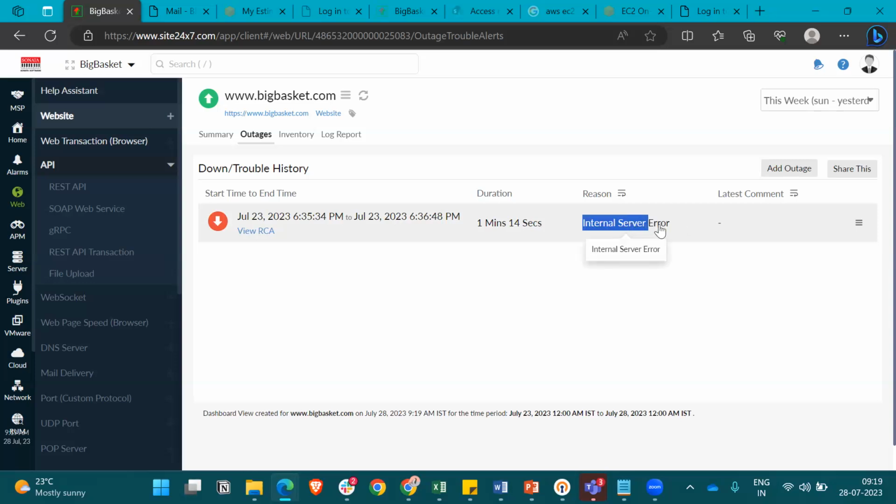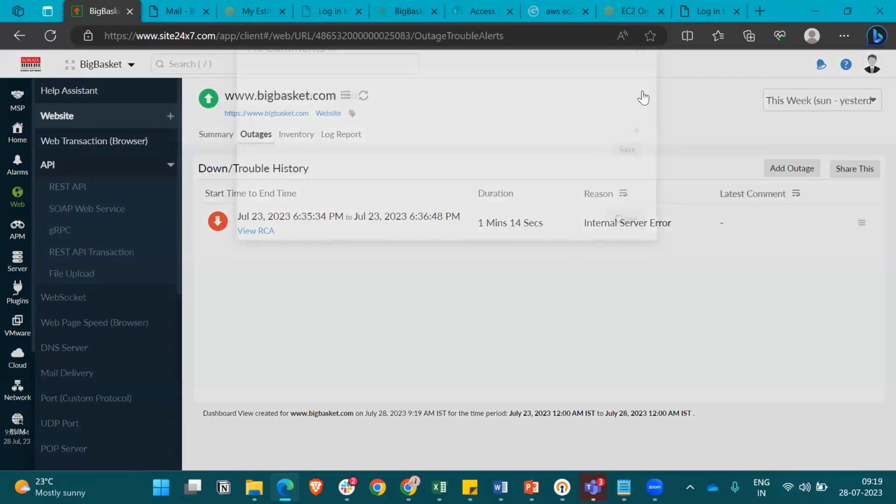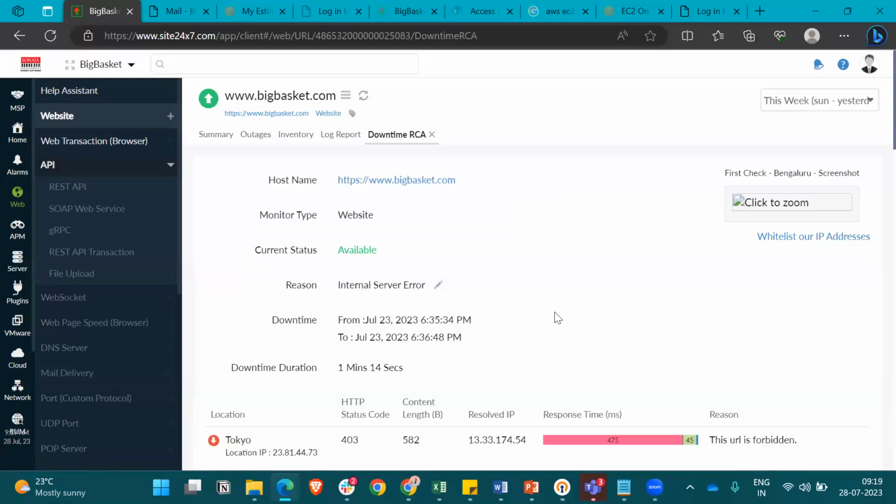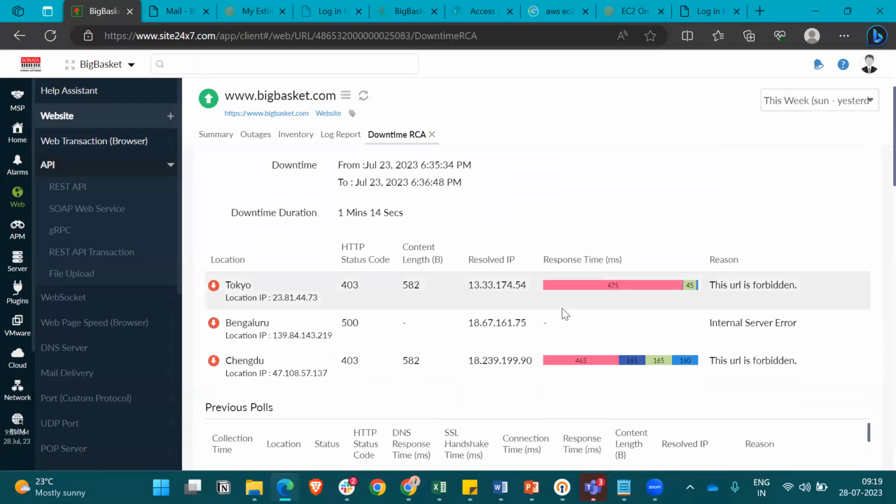They'll mention the reason as well: the internal server error. Because of the internal server error, we received this outage. It will clearly give us a report called RCA. RCA stands for root cause analysis. If you go to RCA, it will show you, okay,